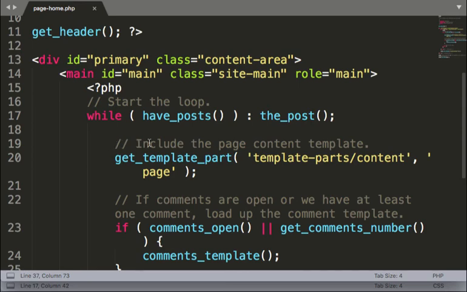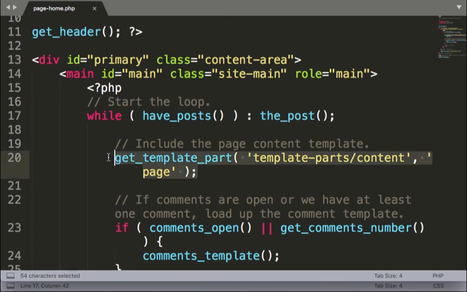And we can see here that there's a comment that says include the page content template. So what that means is that the header and the rest of the content on our home page is being loaded from another file. It looks like it's being loaded from a folder called template-parts, and the file is called